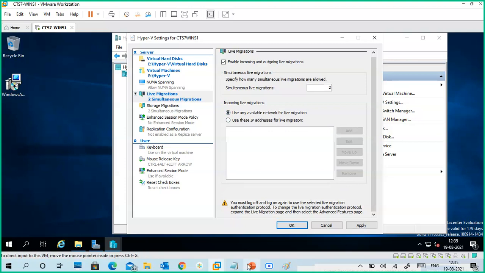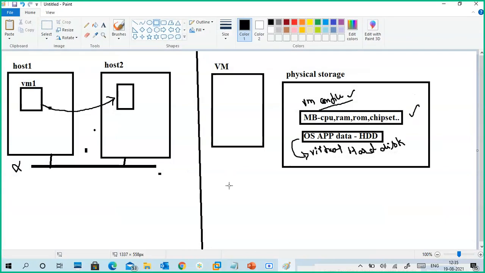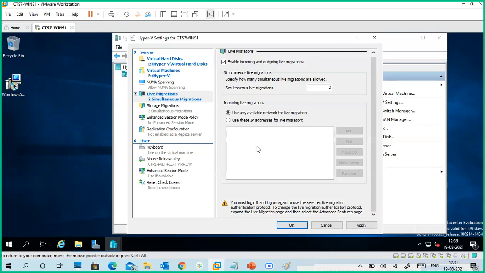It means you have a lot of connections. Instead of going with any connection, you agree on one network connection only for live migration purposes, others for different purposes. One dedicated IP network for live migration, we can specify here. Or you can use any available network for live migration.